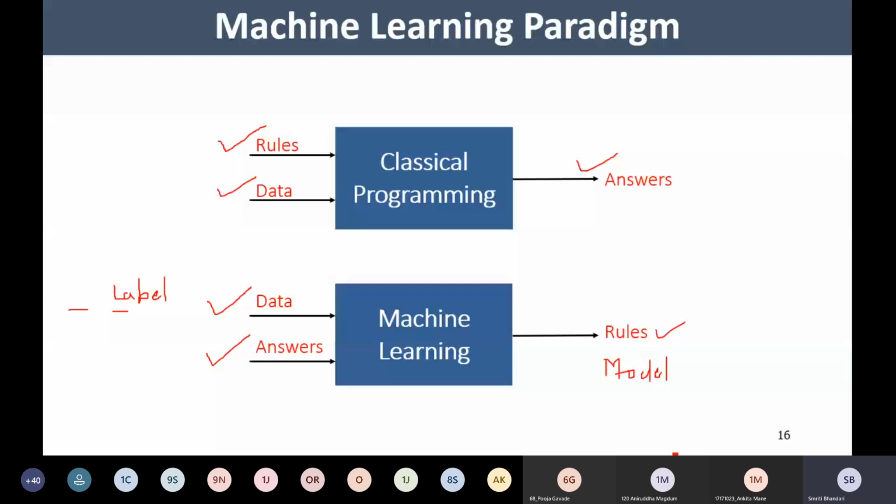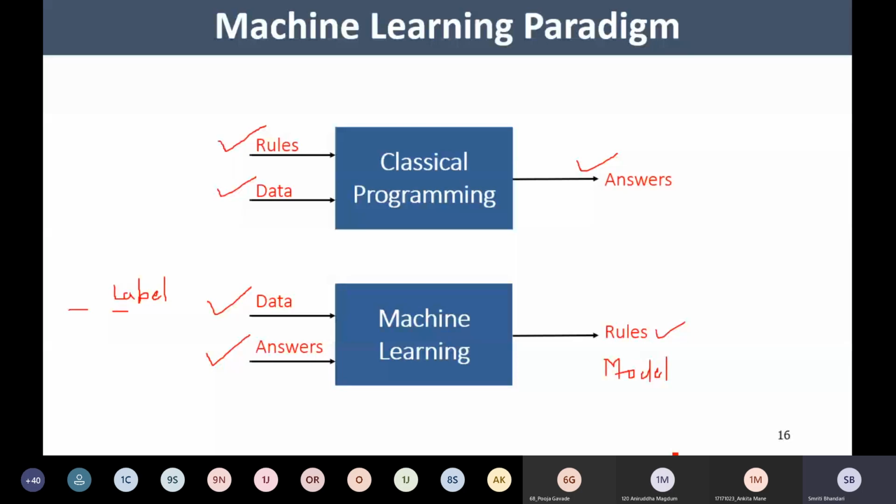If I want to build such a system, then initially I'll provide a huge data set wherein I have all the images of the animals along with the associated labels. So my machine learning system will use that data to learn something, and after learning it will provide me some rules, and these rules actually are defining implicitly